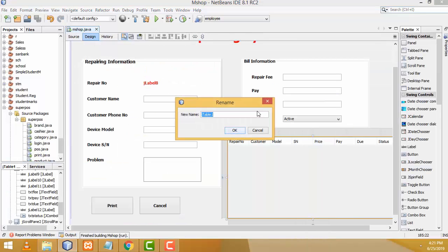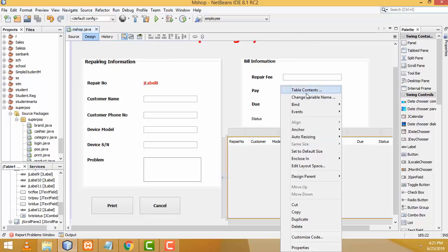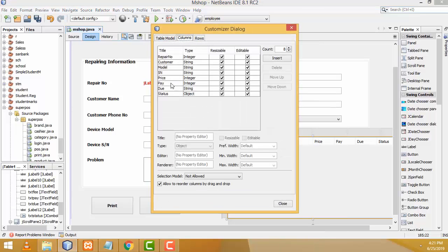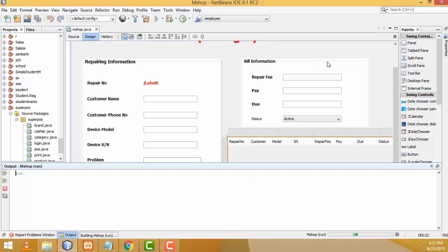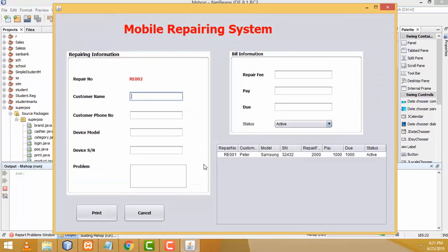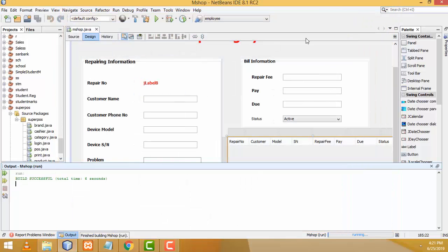Repair fee. Right click, table contents, columns. This one we have to change as fee. Done. Repair fee. So we can easily identify the names, right? Repair fee, right? Now let's check. Now it's working fine, right? It's working fine. Now what I'm going to do is here,